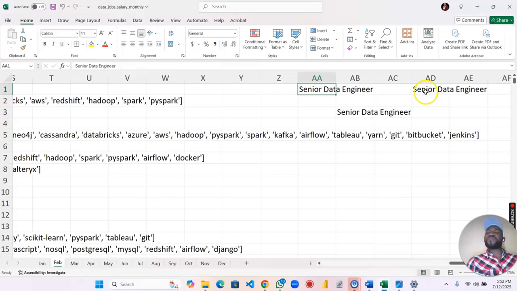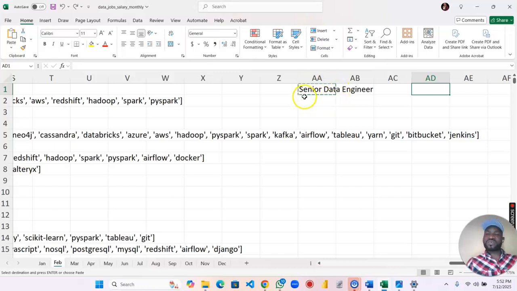But somehow I found myself pasting it here and here. So I want to undo, and then I did undo, it removed it here, fine. And I did undo again. This is what I want. But then instead of me to just stop here, probably press escape key to let this border stop dancing, I now still do the undo again. That is